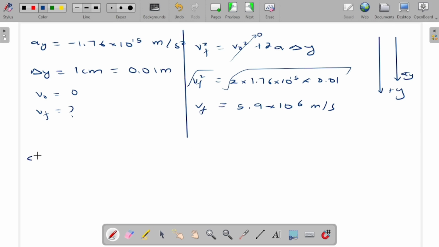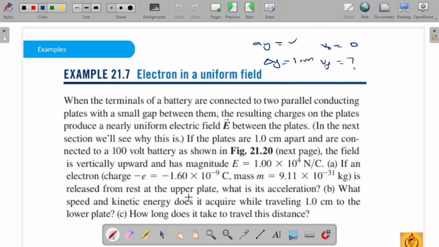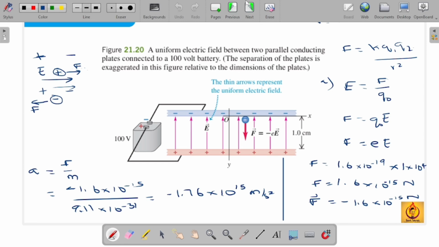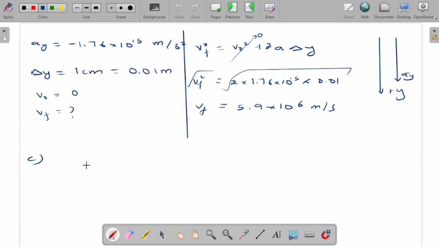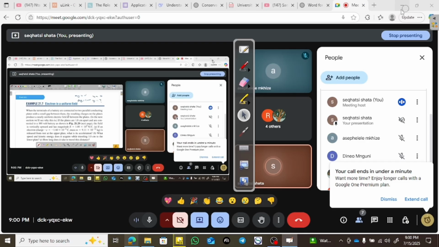So we will do C when we come back. Let's just check how scary it is. How long does it take to travel this distance? Can we not do this? How many minutes? 1. Yeah, I don't want to take chances. We'll do it when we come back